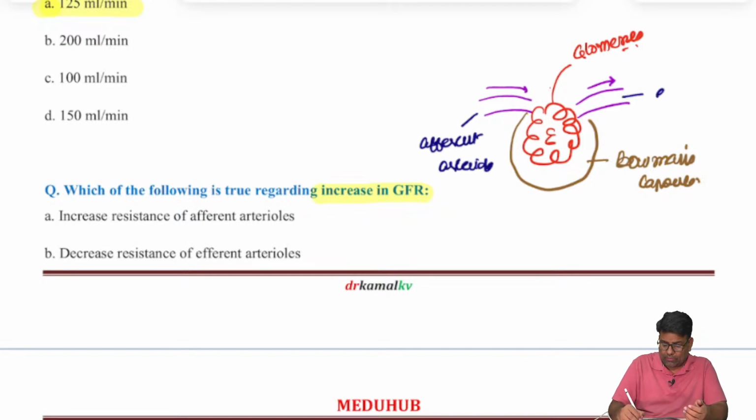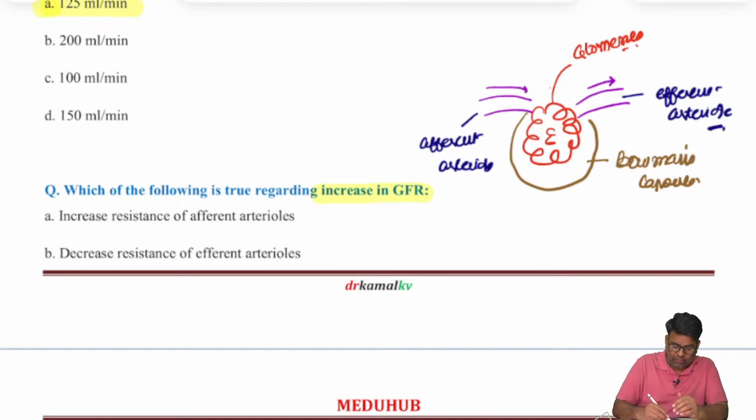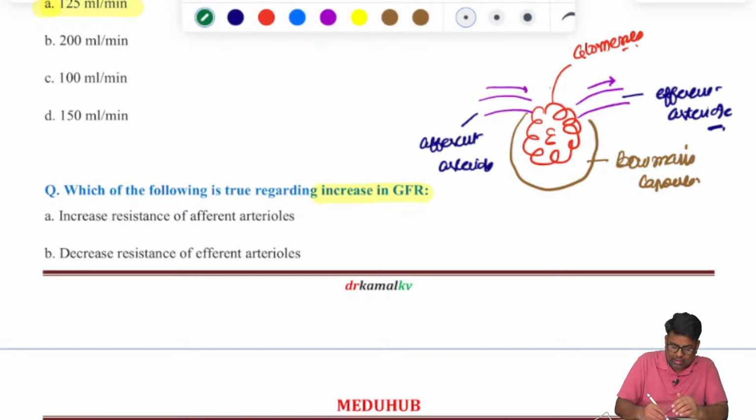Clear? Now, if the blood flow is more in the afferent arteriole, meaning more blood is going in like this,